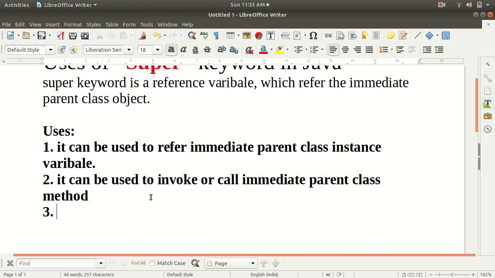The third use of the super keyword is that it can be used to invoke the immediate parent class constructor. So guys, with the help of super we can call a parent class constructor also.